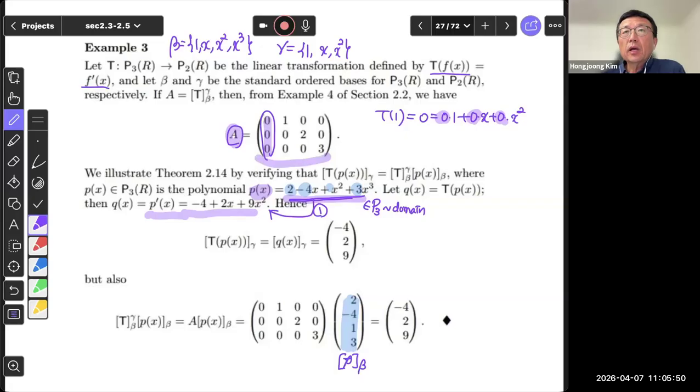Now, if I multiply the A matrix with this vector, and you do the calculation as we did,